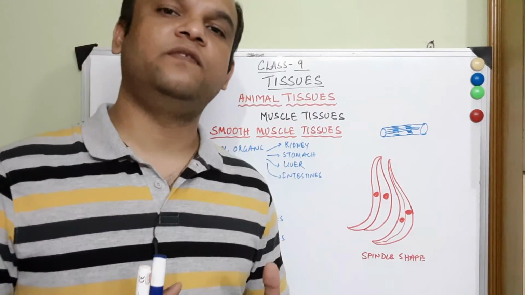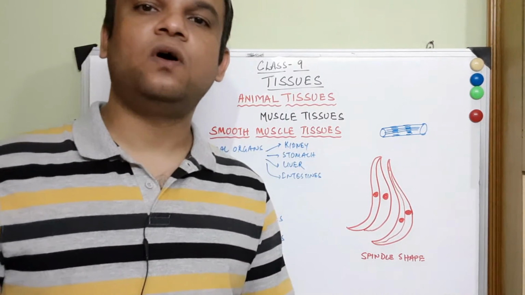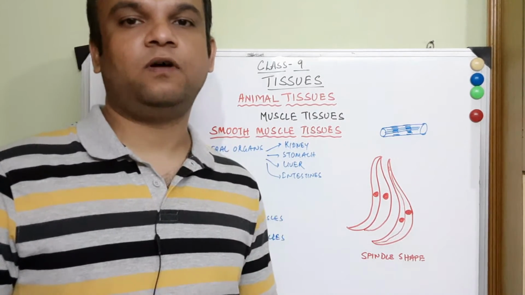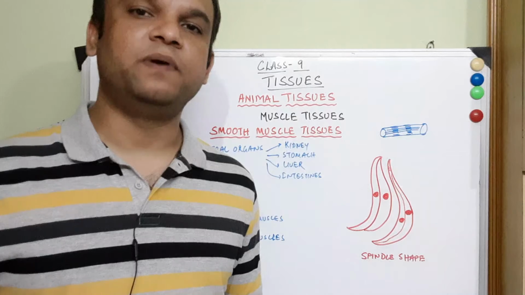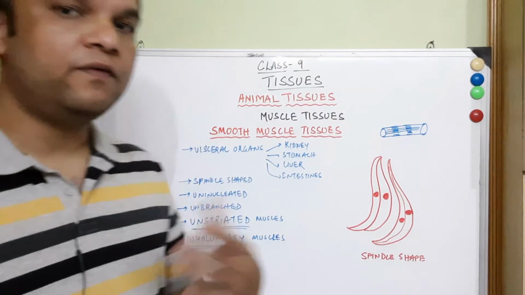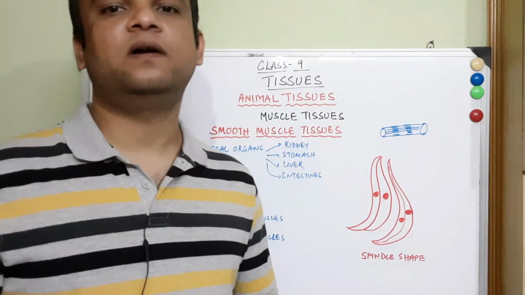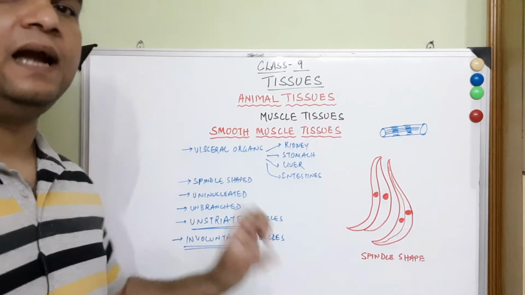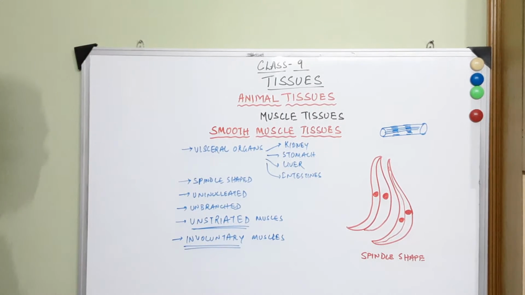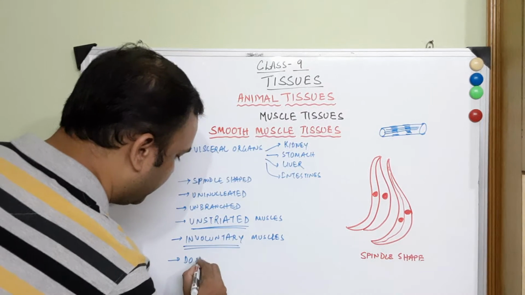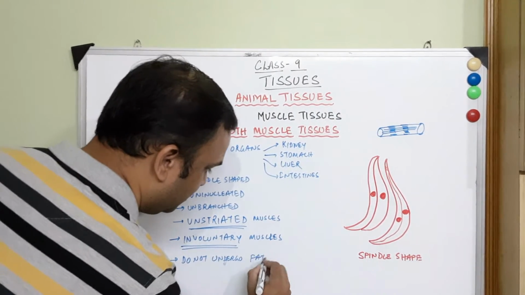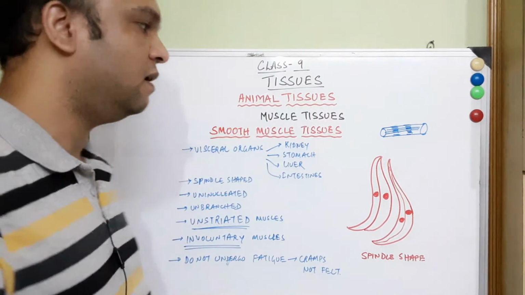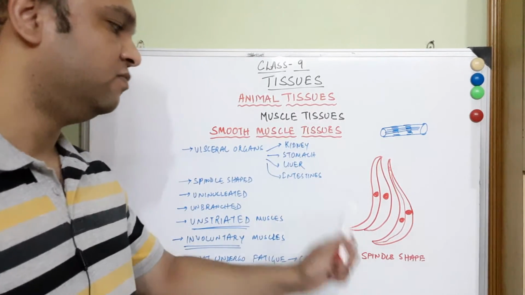Because they are under the control of the brain, tiredness is not much seen in these kinds of muscles. The brain asks them to perform appropriately at their scheduled time period, and that is why they do not overwork, and because they do not overwork, they do not get fatigue. So cramping situations are not seen extensively in these internal organs. So the next characteristic property that we can write is they do not get cramped. They do not undergo fatigue and cramps are not felt. That is how skeletal muscle tissues are different from the smooth muscle tissues.